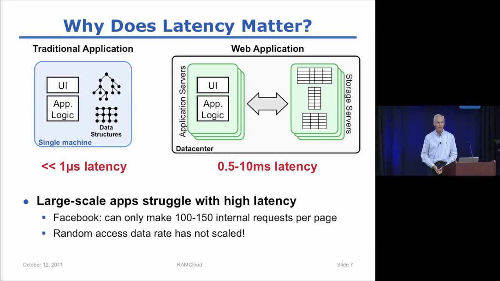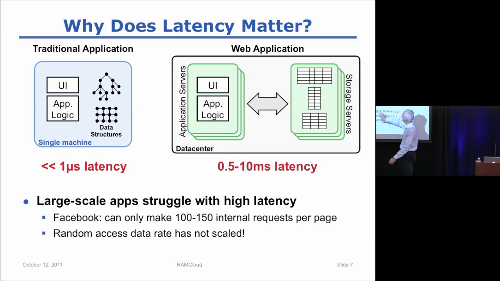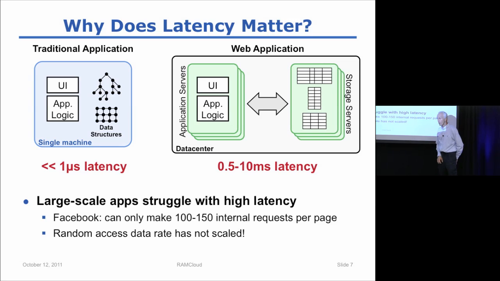The problem with this, of course, is that the overall throughput of this system is limited by the capacity of that one machine. So when the web came along and people started wanting to support not 10 users for one machine or 100 users for one machine, but 10,000 or 100,000 or 1 million or 10 million or 100 million, clearly you can't run applications that way. And so I assume I'm probably preaching to the choir on this, but over the last 10 years, what's emerged is this alternate style where we use thousands of machines running the application.